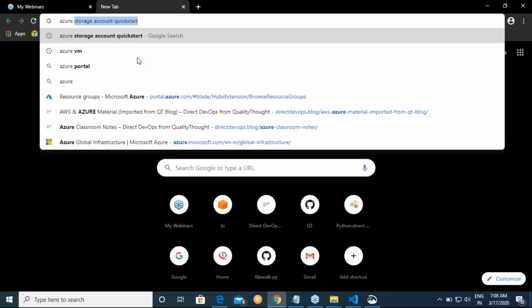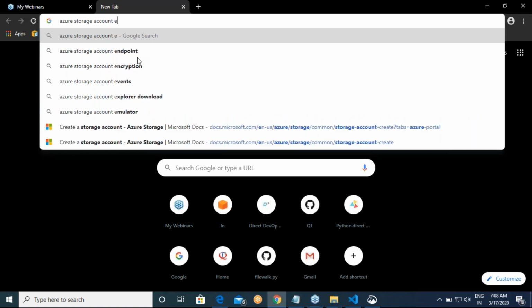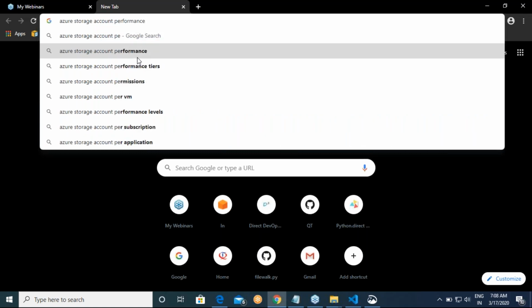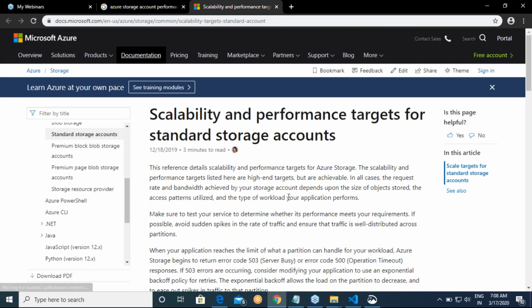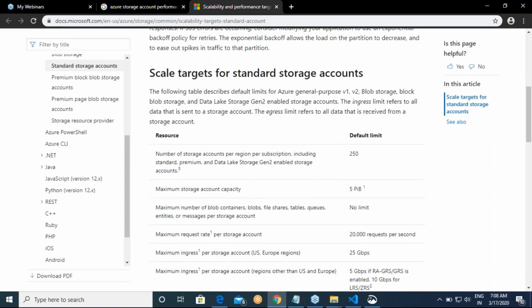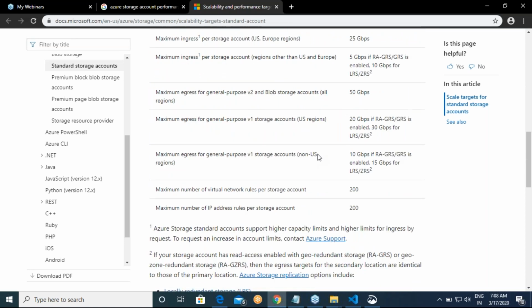Azure storage account performance. Now let us look into the basics of it. For standard storage, what are the different things that are available?